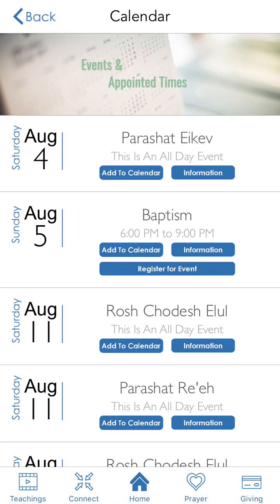So the calendar gives you access to all of the events going on at Sukkat Shalom. And you can see for every event, there's an add to calendar button and an information button. And you may ask yourself, why is there an add to calendar button? I'm already looking at the calendar. And that's because what you're looking at right now is Sukkat Shalom's calendar. But what if you want to add it to your own personal calendar? For instance,